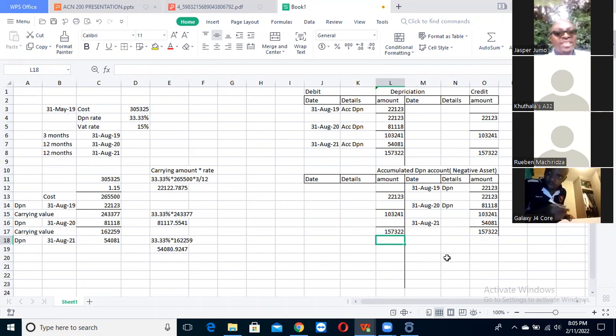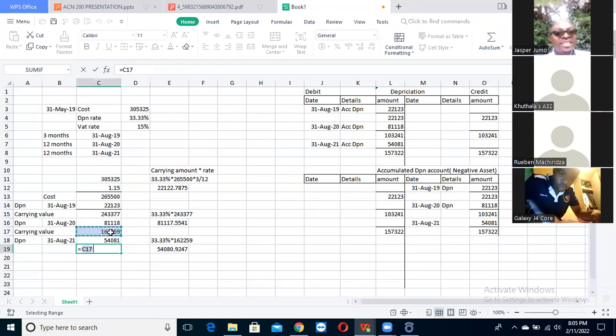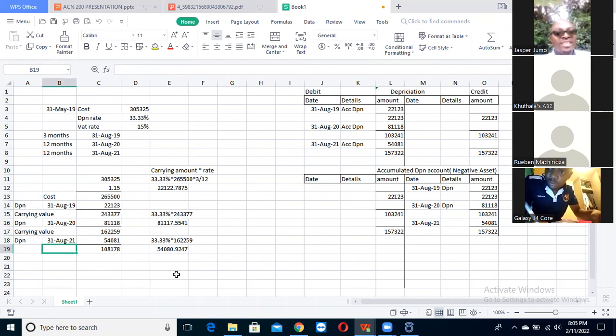So what's the next step? We want to look at the carrying value for the following period. So we come and balance here, and then we say the carrying value of the previous period, subtract the depreciation for this period, we get the carrying value for the following period. So as at 1 September